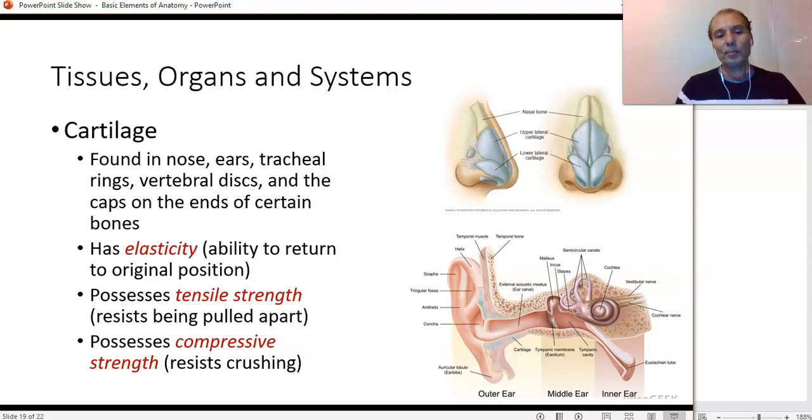Elasticity enables cartilage to bounce back. If you take your ear and deform it, compress it, let go, luckily your ear will go back to where it was. If you stretch it and let go, it goes back to the original position. Cartilage has another property, which is tensile. Tensile, it's like when you stretch it, you